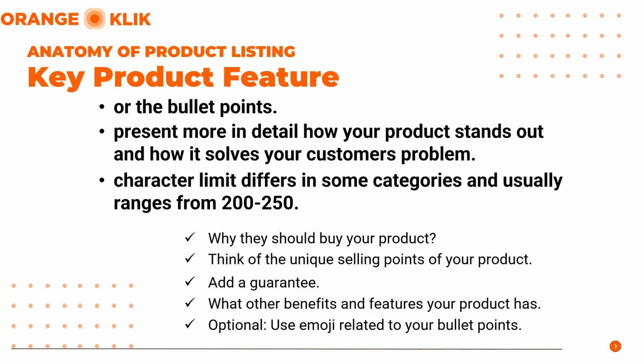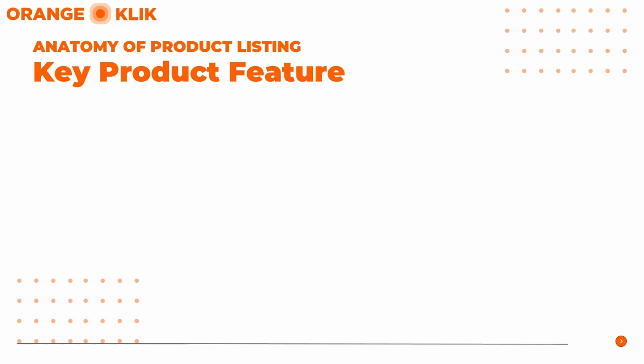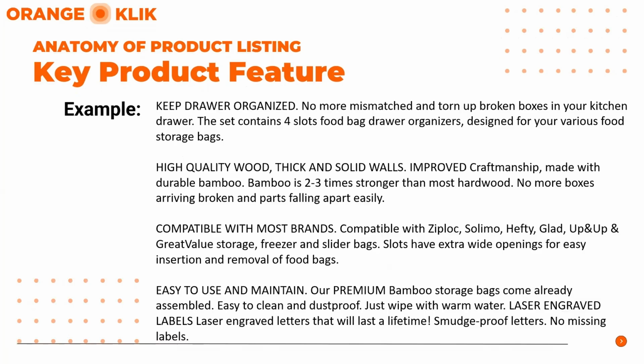So in the bullet points, make sure that inside it are the main keywords that you want to rank for. You may capitalize the first letter or the first words to make sure that they are the main context. So here is the example of the product bullet points. The first few words here are capitalized, so it really highlights the main context of this first feature or benefit.